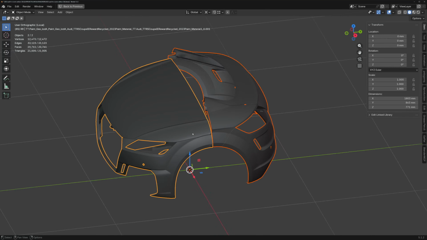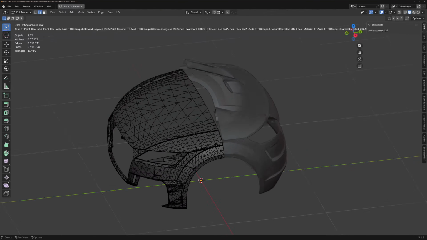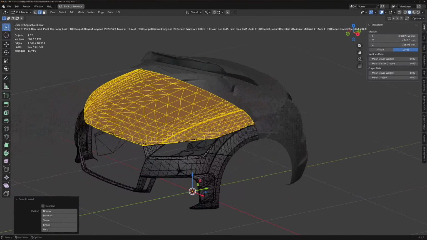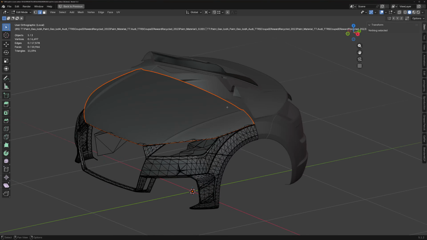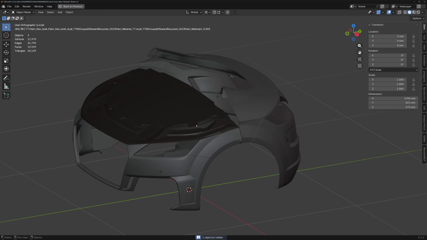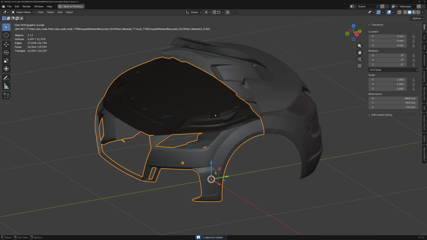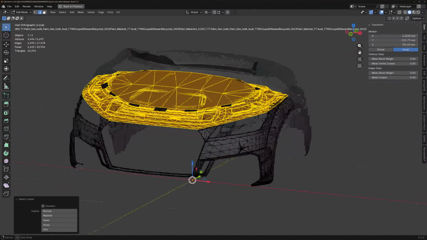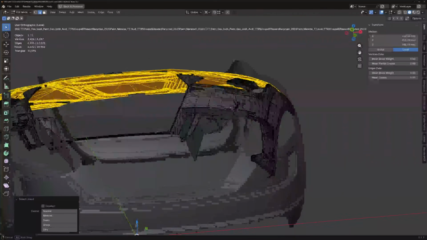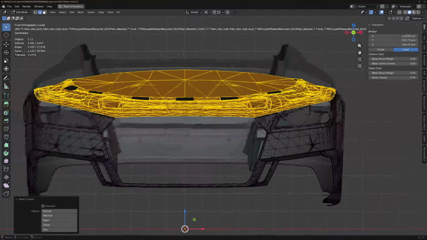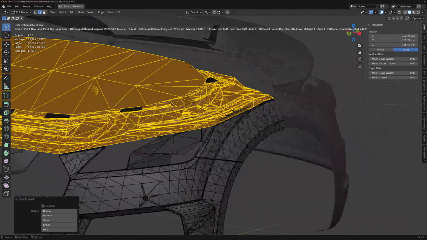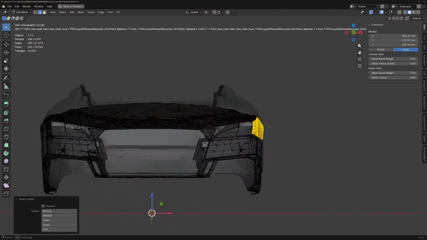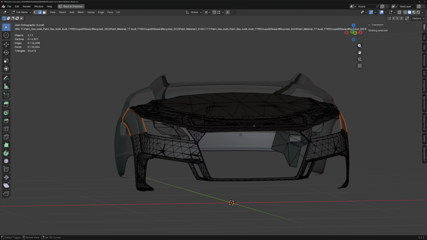Okay, let's isolate these two objects, and then let's see if we can isolate, separate that, which we can. That's good. So we can hide that. That's the bonnet inner. So let's see if we can, quite a lot of stuff there. Let's see, how do we get rid of all this? Or how do we select it? Let's see if we can select the neighboring objects. So that's good. We can select that bit and that bit, separate those,